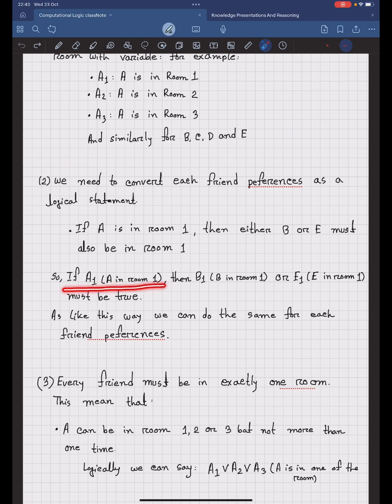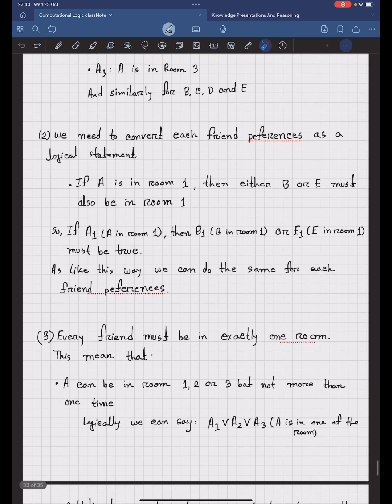If A is in room 1, then B1 is B in room 1, and E1 is E in room 3. Must be true. What does this statement mean? So your A friend can stay in room 1, your B friend can stay in room 1, your E friend can also stay in room 1, but